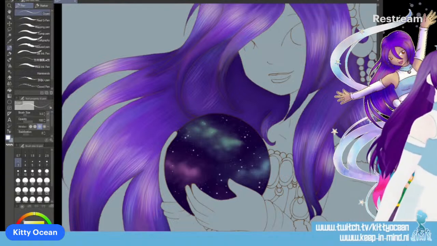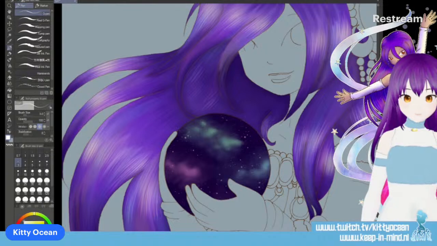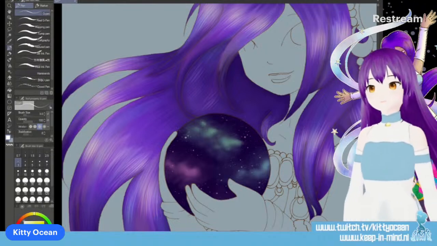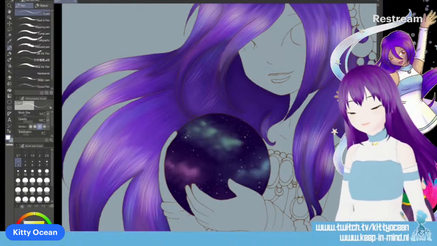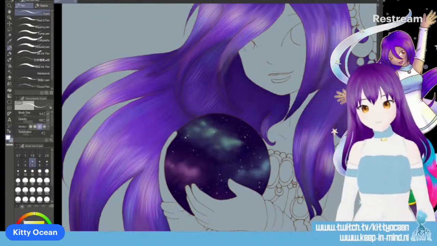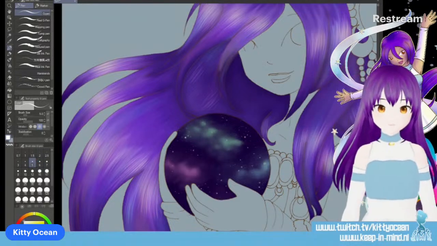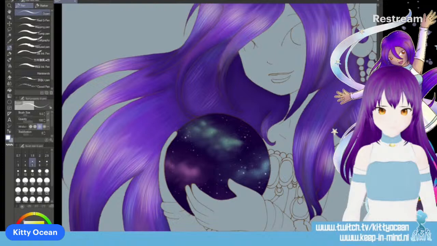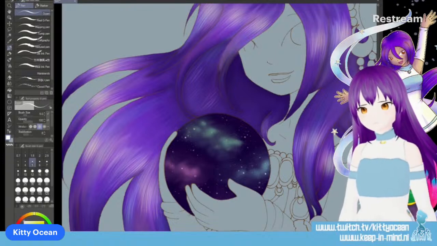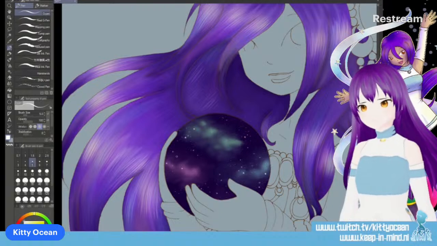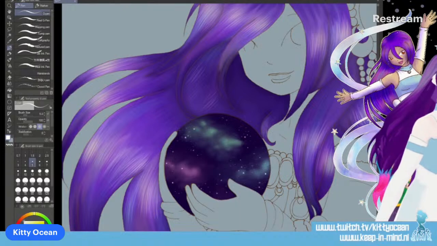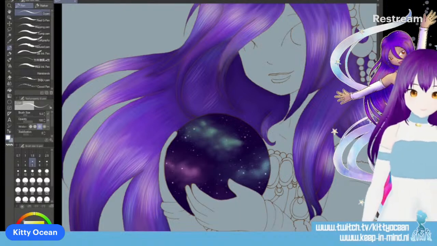Still a bit too bright, so I'm going to lower the opacity. And then one more layer with the brightest ones. There we go. And I'm going to pull those on top so they're nice and white.